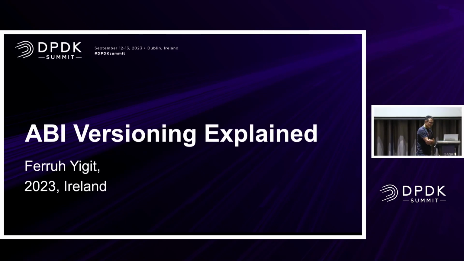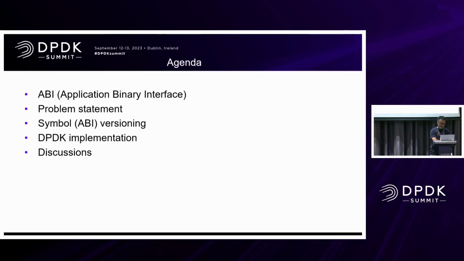So I will talk a little about ABI versioning, and the target here is to create some reference material for DPDK developers. So this is mainly for DPDK developers. And at the end, I have a related discussion topic, if I can make it on time, which I will try to be a little quick here or there for.